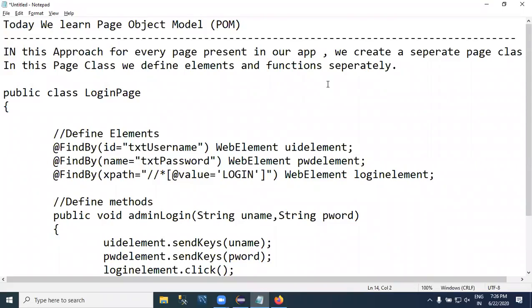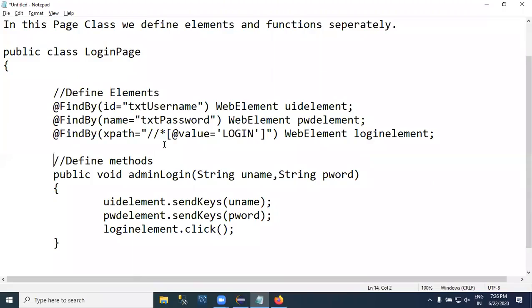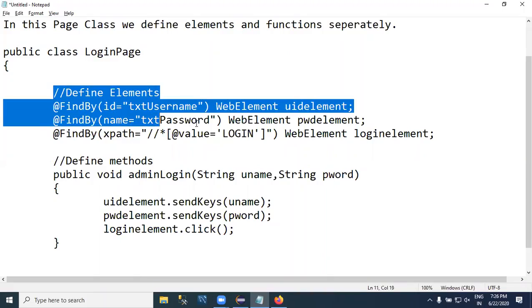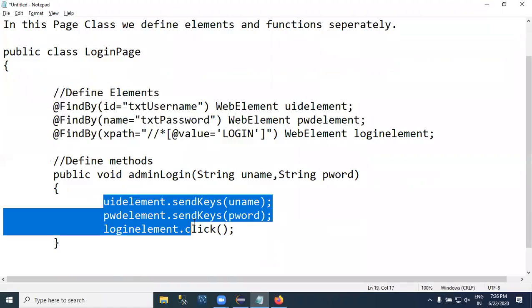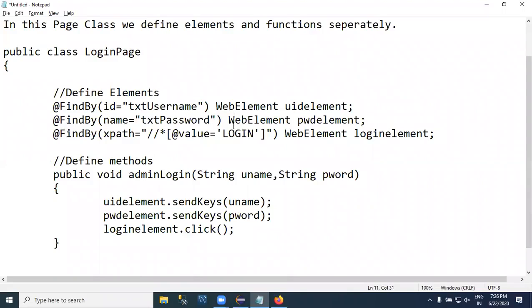Previously, your Selenium statement has properties and operations together. Now, we are maintaining elements separately and functions separately. You tell me the reason why you are doing like this. What is the advantage of this approach? Why we are separating the elements, operations, so that in future,